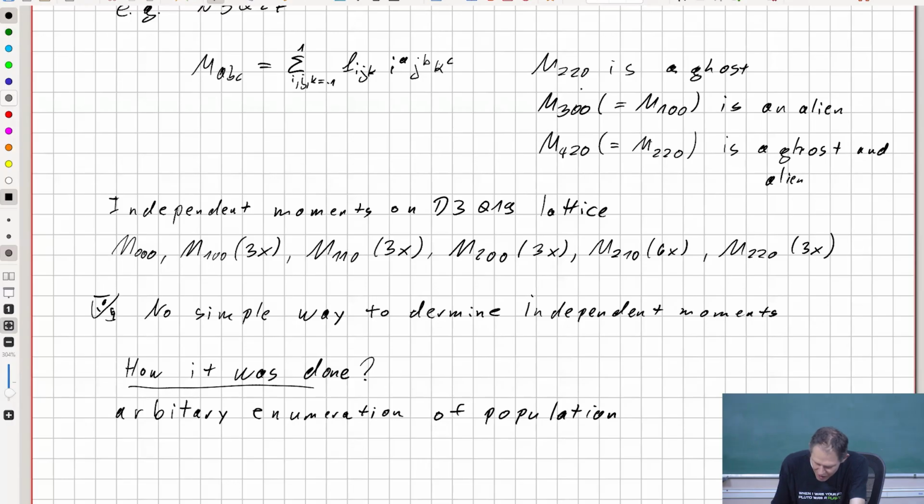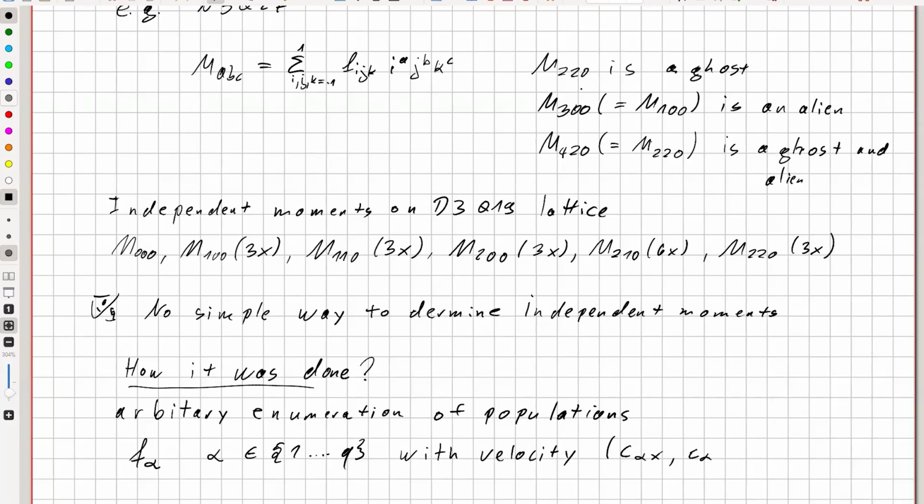This means not using Miller indices like we do, but only using one index, f_alpha say, with alpha being an element from 1 to q, the number of directions, the lambda of speeds that you have, with velocities c_alpha x, c_alpha y, and